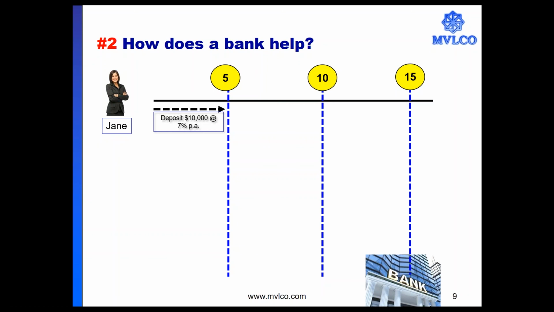I got this deposit from Jane. I got surplus liquidity. I have no borrower. As a bank, I will go to the money market. Look at the time period for which I would need to invest this money. I may invest this in call money for one night, overnight. I may invest this in notice money. I may invest this in mutual funds. I may buy bonds for investment for a few days,